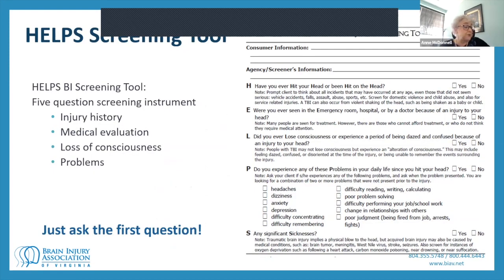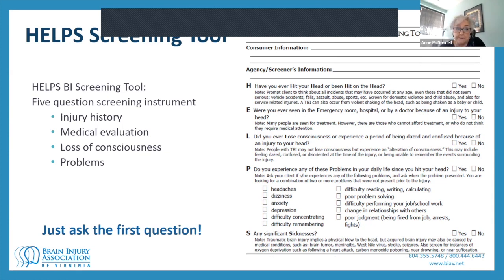The HELPS screening tool is a little easier to administer. It asks 5 questions. H, have you ever hit your head or been hit on the head? E, were you ever seen in the emergency room? L, did you ever lose consciousness? P, are you having any of these problems since you hit your head? And S, are there any significant sicknesses that may have impacted? And if all you can do is ask the first question, it's going to change how you approach the person